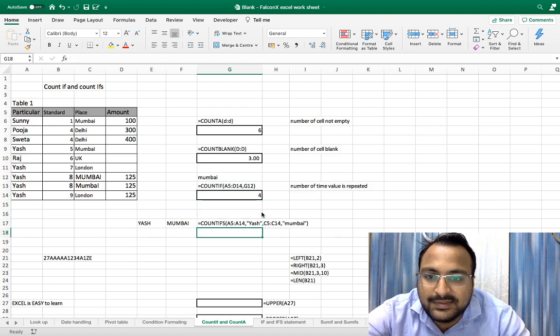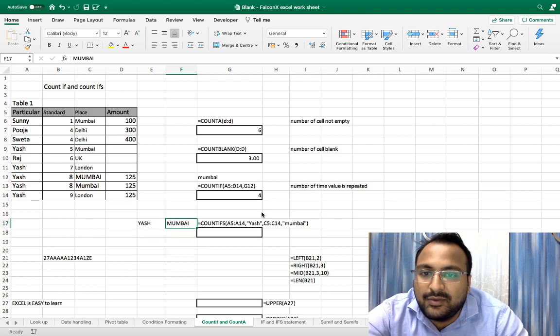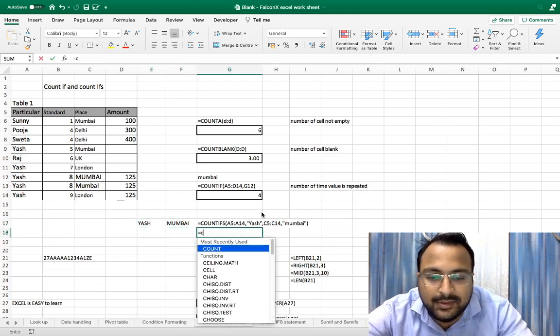Now let's do COUNTIFS. Here only one condition was there, for Mumbai. Now we have to count where two conditions are satisfied. For example, here one condition should be Yash, and the second condition should be Mumbai. As you can see, let's do it.